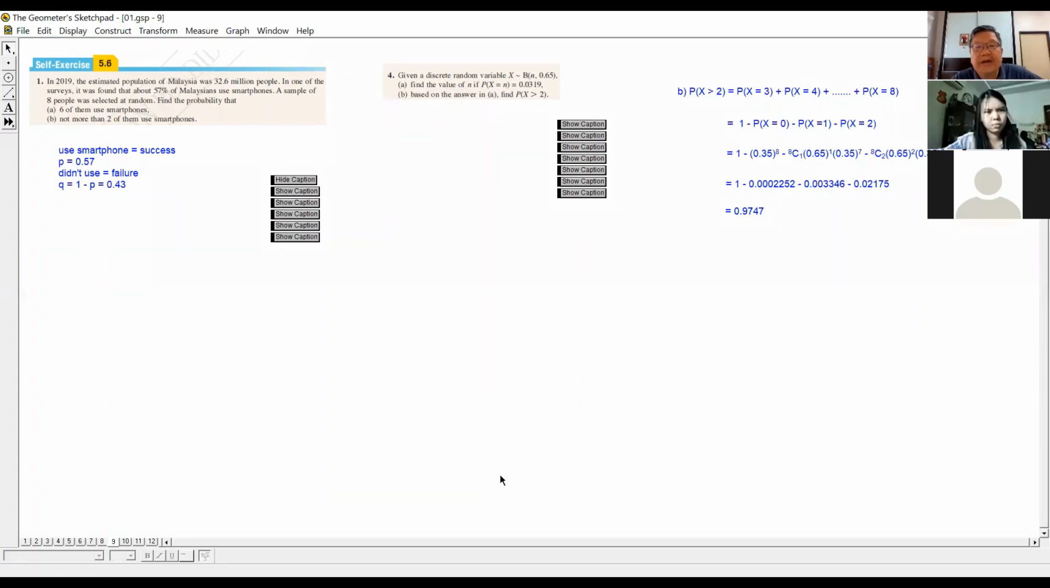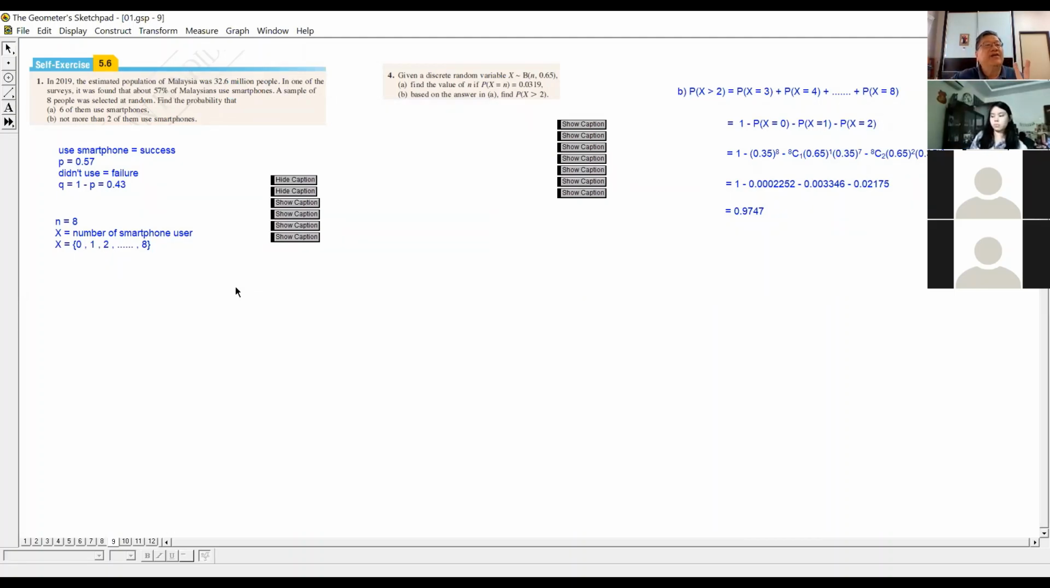There is only one number there. One, teacher. This one, 8. A sample of 8 people was selected at random. So the n equals to 8, right? So n equals to 8. If n, the number of selection is 8, then how many success? The x. So the number of success can be 0, 1, 2, 3, 4 until 8. This is the x. So now you have identified P and Q, you have identified N, and you have identified the list